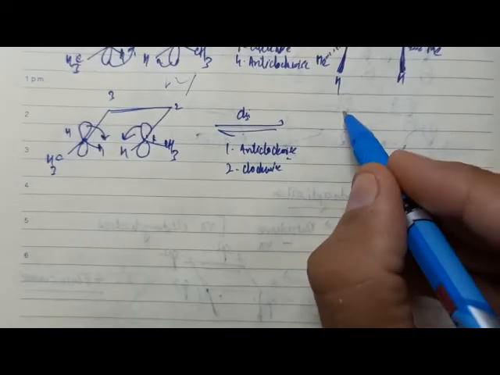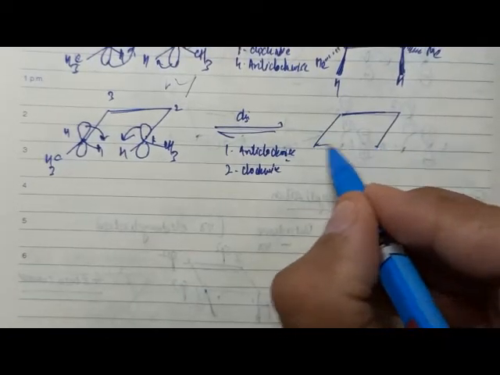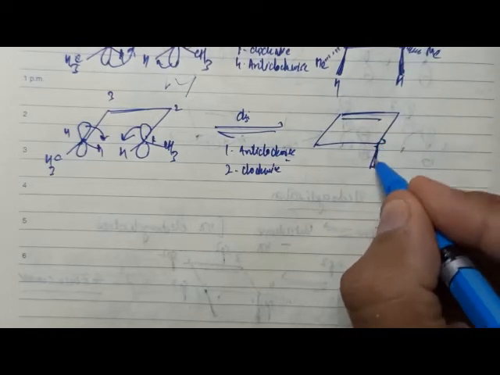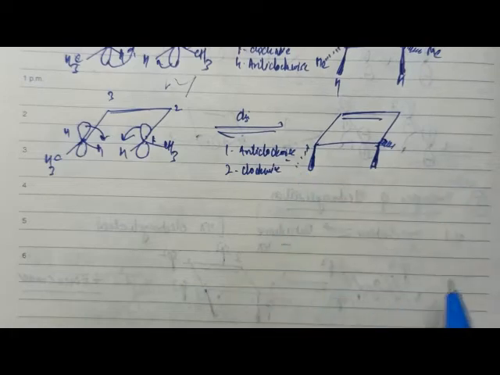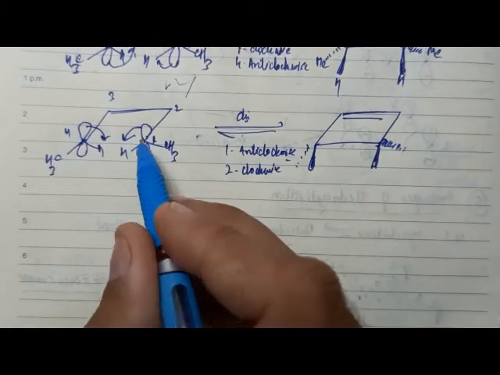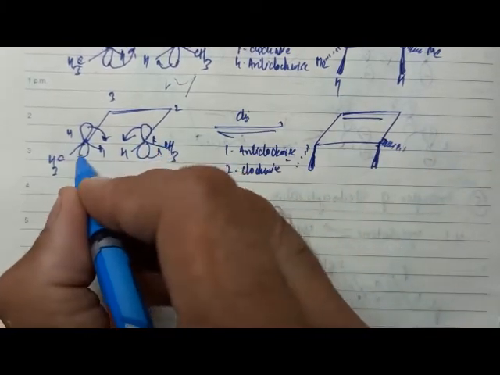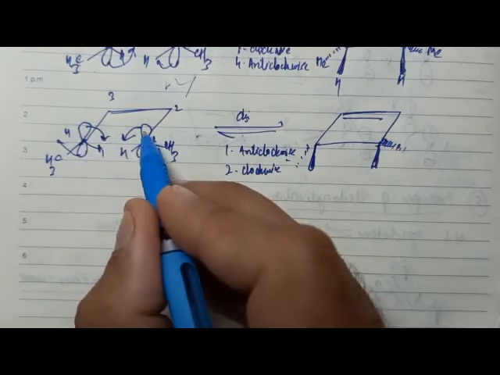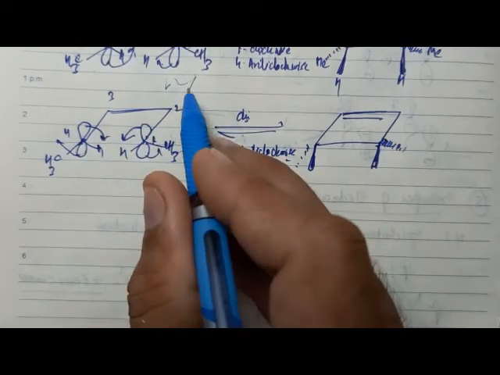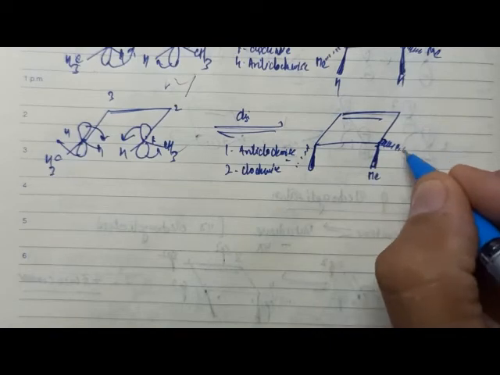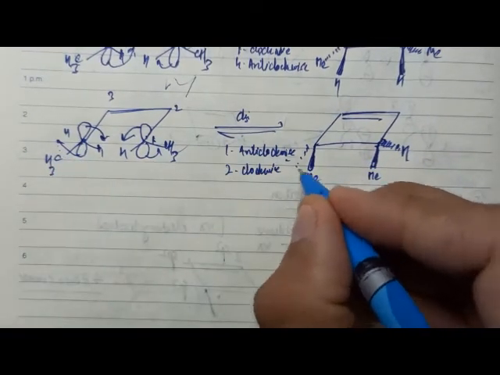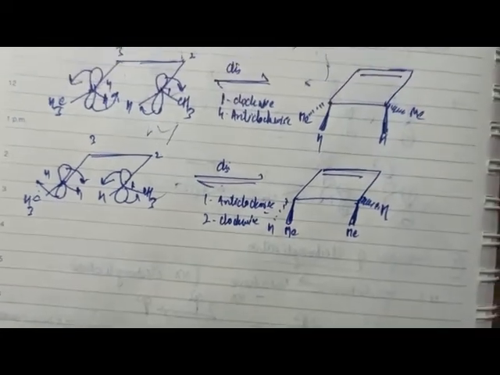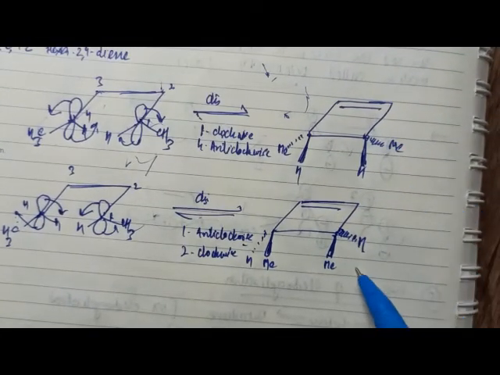What will happen to the product? Again the product will be similar. One group above, another group below, one above, second below. If this is moving like this, of course this is the movement. With the motion of this bond, this methyl goes up, and of course hydrogen comes down. With this one, the methyl goes up and hydrogen goes down. So I have two stereoisomeric products.